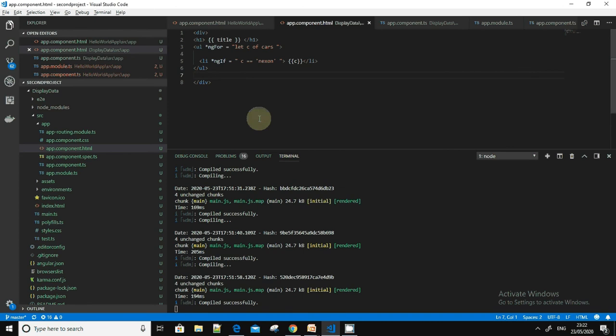So that's it for this session. We have covered the creation of a variable, creation of an array, then the ngFor condition, that is for iteration through the array, and then the ngIf. Thank you so much for listening to me, and in the next session we'll be covering the creation of a class, how to create it, and how to add cars. We'll create a class for the car, and then we'll add it into the array. That will be covered in the next session.